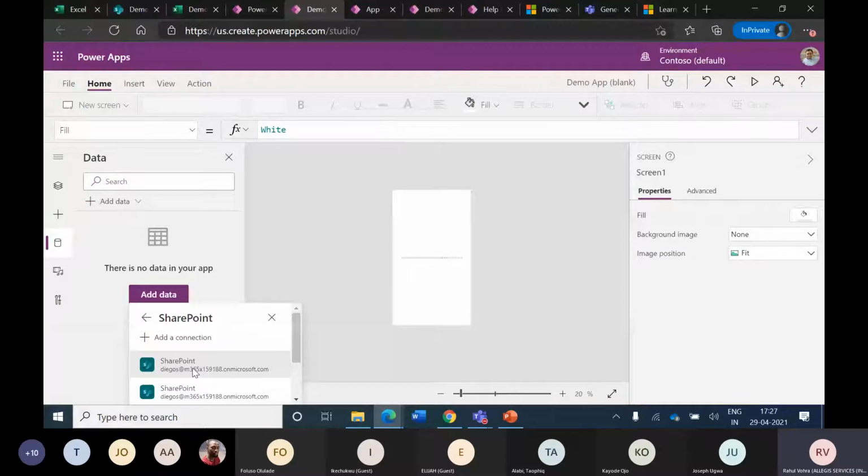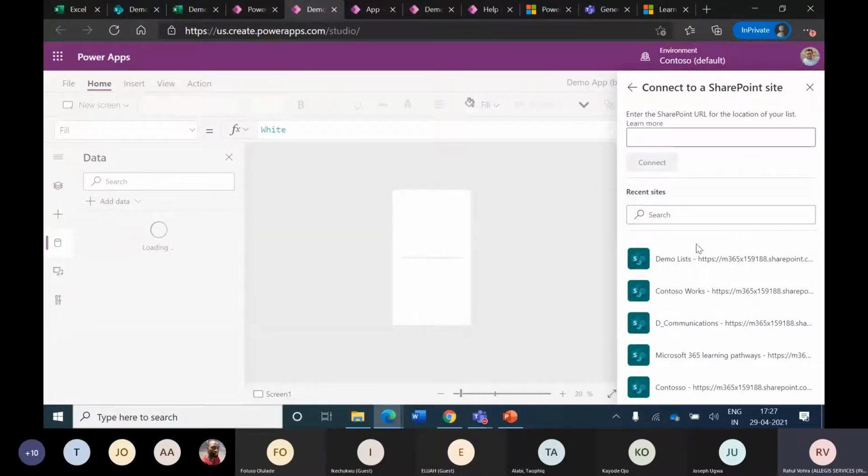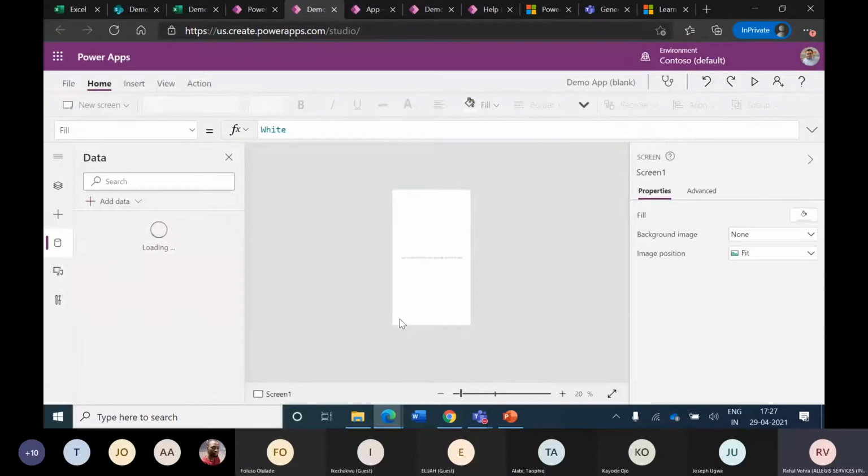Once I do that, it allows me to choose which of my accesses I should be using. So I am choosing again the demo list, which I selected in our SharePoint list based example. I'm choosing the same list again and saying connect. What it has done is identified a data source and kept it ready for me to make use of.